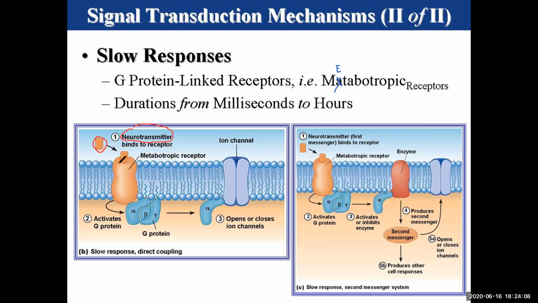So the receptor is in blue. So that's the exquisitely specific binding site, only compatible to the neurotransmitter. So the binding of the neurotransmitter to the receptor turns on the receptor. So this is your receptor, right? So upon the binding of the neurotransmitter,